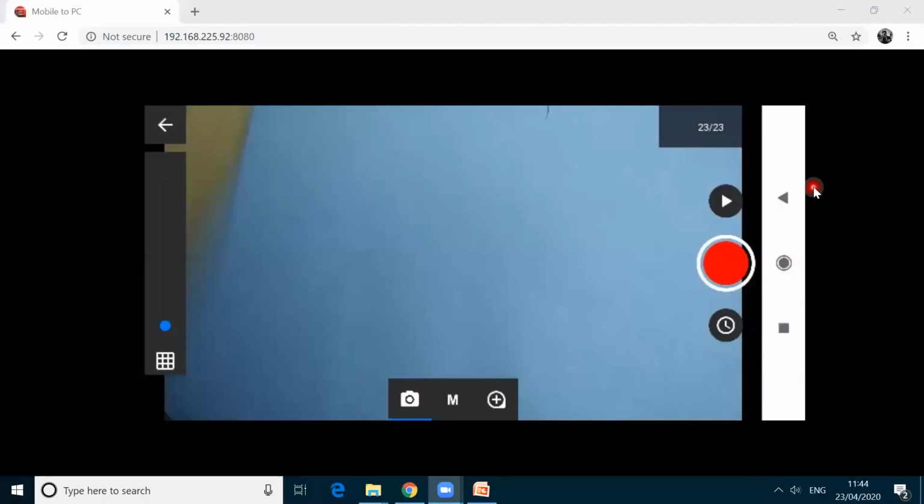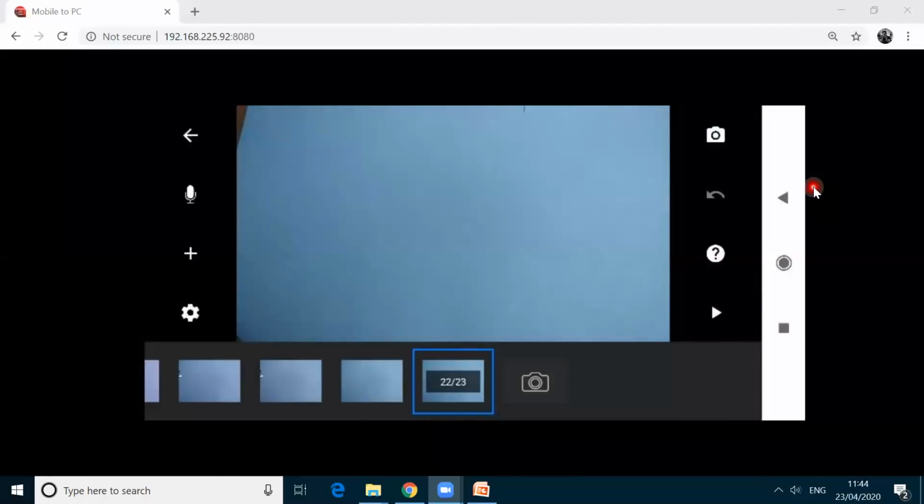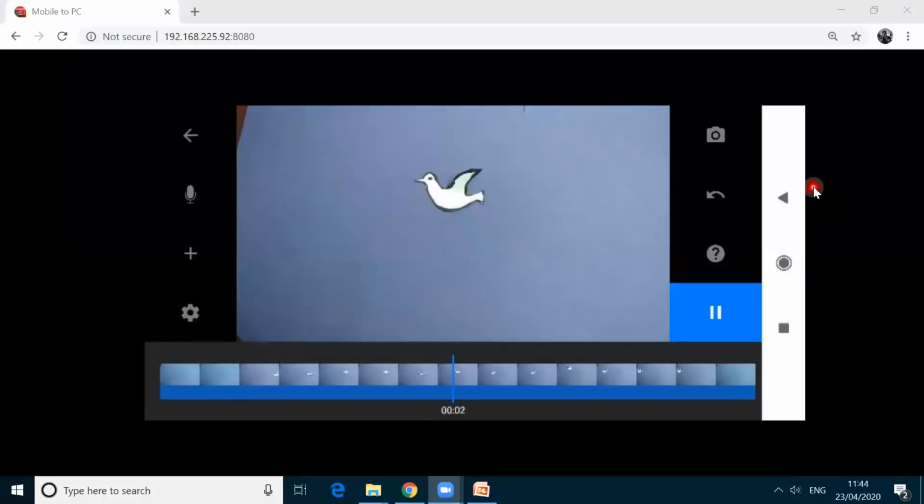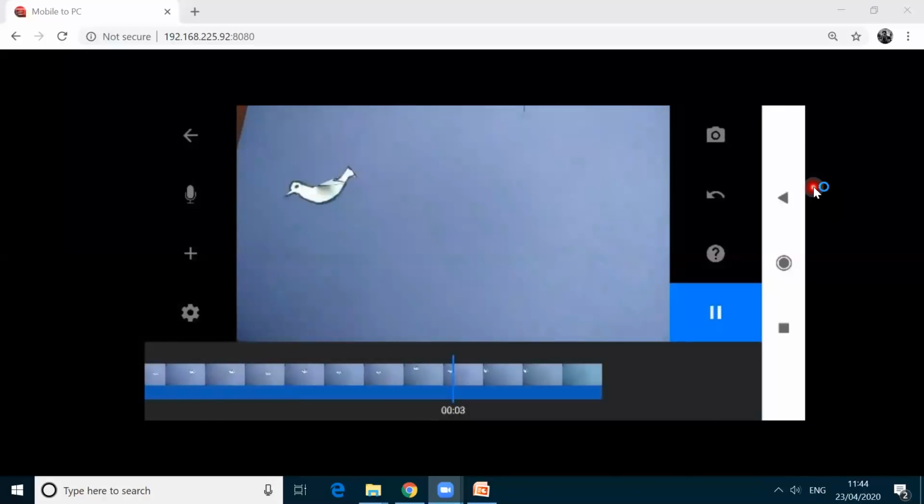Okay, let me play here. Going back, I'm playing. See, see how it looks like flapping the wing, flapping its wing.